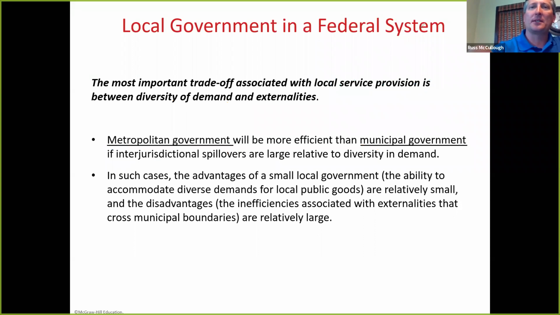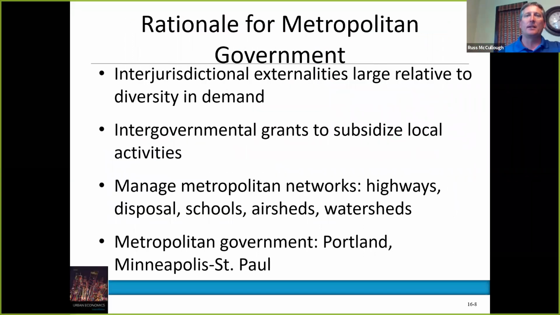So the answer is different depending on the magnitude of these elements. So interjurisdictional externalities, that's the size. This is just kind of a summary statement of what we did. I like to have this one in here, and this one happens to be near and dear to my heart. And that is